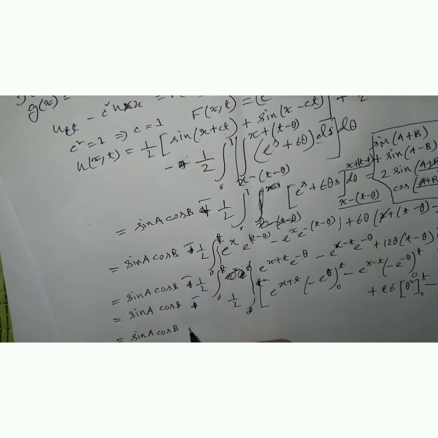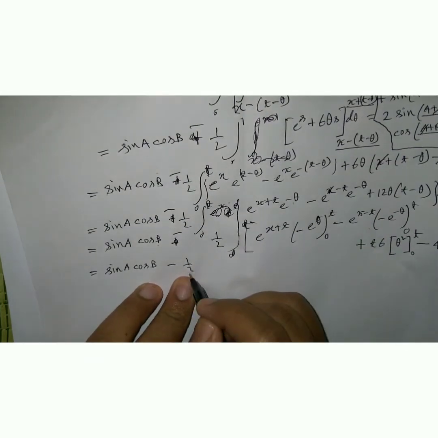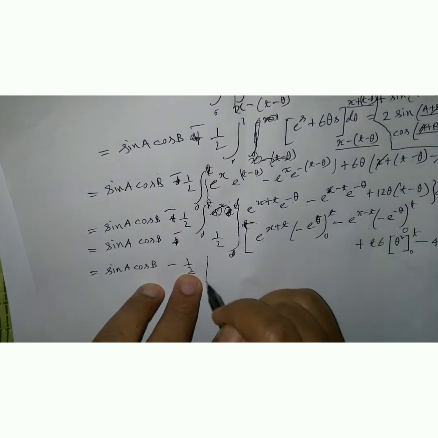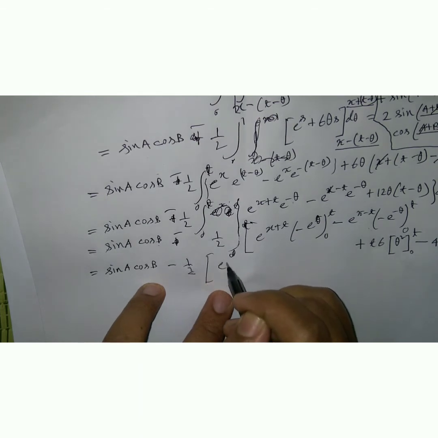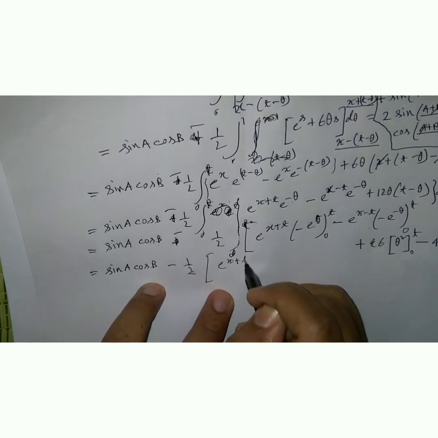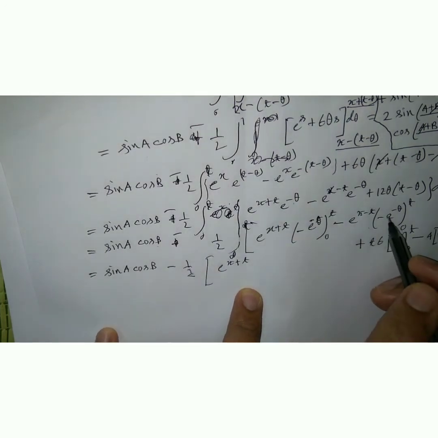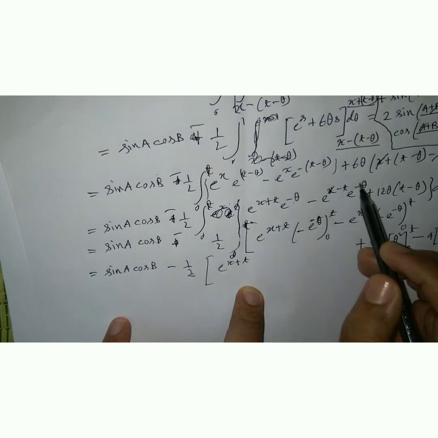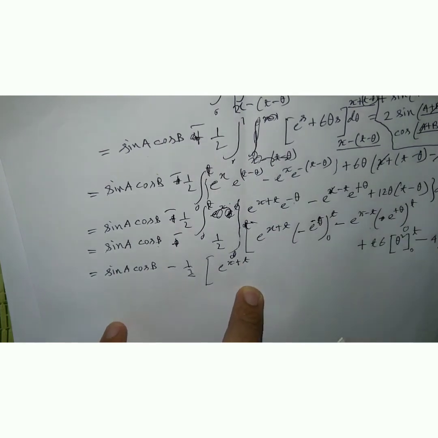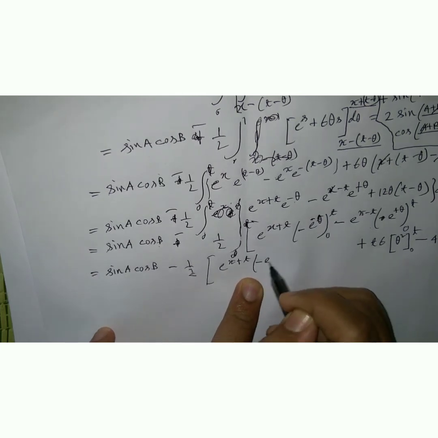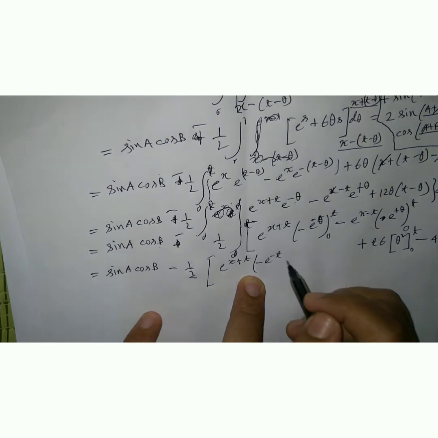So minus half, and after that you just put the values: e to the power x plus t, in here minus plus theta, so e to the power x plus t, and you put the value minus e to the power minus t plus 1,